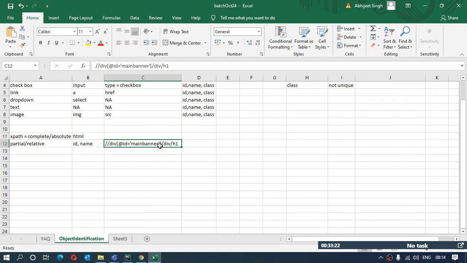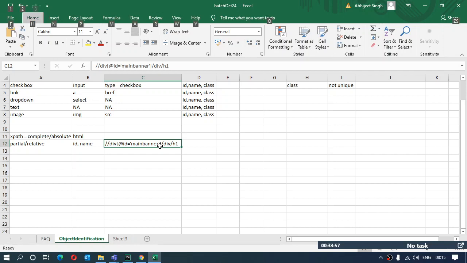So now if in future something changes in the whole web page, then I will be considering only the div tag that I have used to make the XPath. I will not be bothered about the full web page above it. I don't care about it. I just require this one div tag. I look for whether this div tag exists, or the ID has been changed, or some attribute has been changed. I just have to update that, not the whole thing. Now which is more convenient, this or the complete XPath? You can decide yourself.